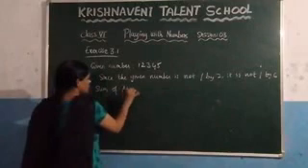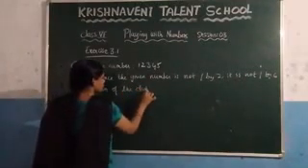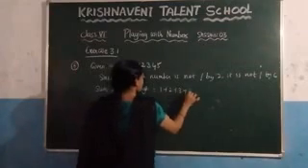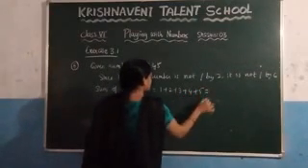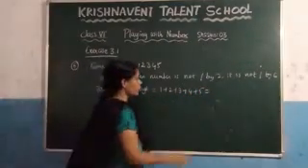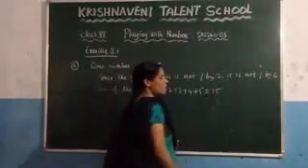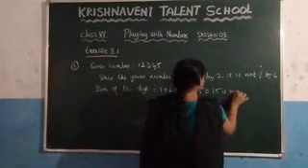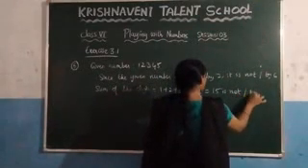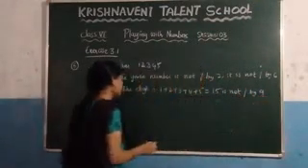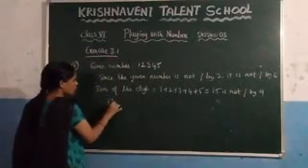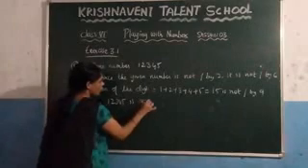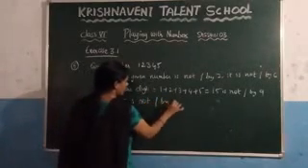Sum of the digits is equal to, we already calculated while we checked for the divisibility rule for 3. We are getting the result as 15. And you know that 15 is not divisible by 9. So we can say that this number is not divisible by 9. So write it here. Therefore, 12,345 is not divisible by 9.